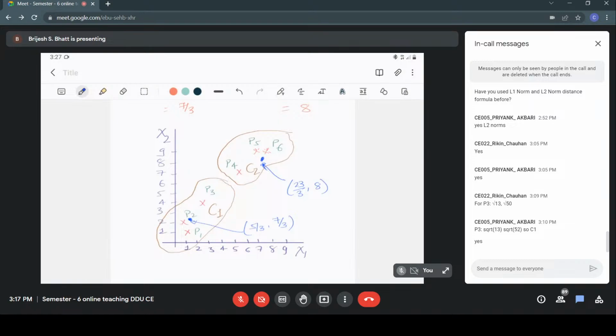Right, so these are the new cluster heads now. And what we do is we repeat this process. Now we do it for the next cluster head. So after this,